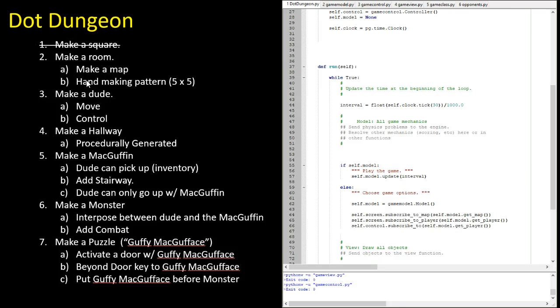Alright, so we want to keep on going on this game. Let's see, last time I made a square. I made a single tile for a space in the game. Next I want to start making a map. That means I'm going to make a room, and then I'll make a pattern for that room, and